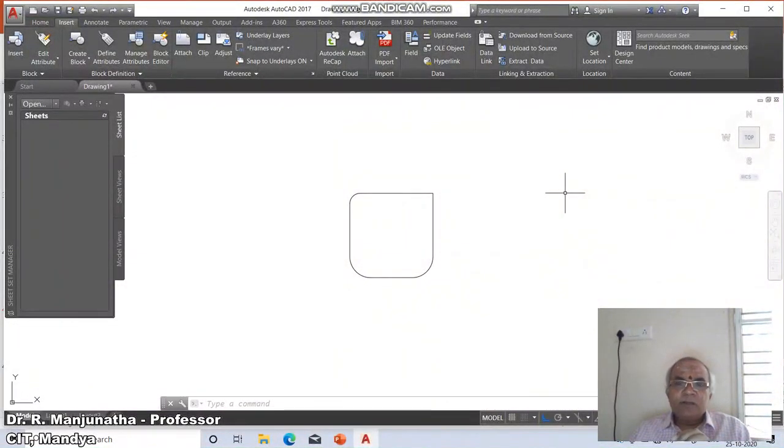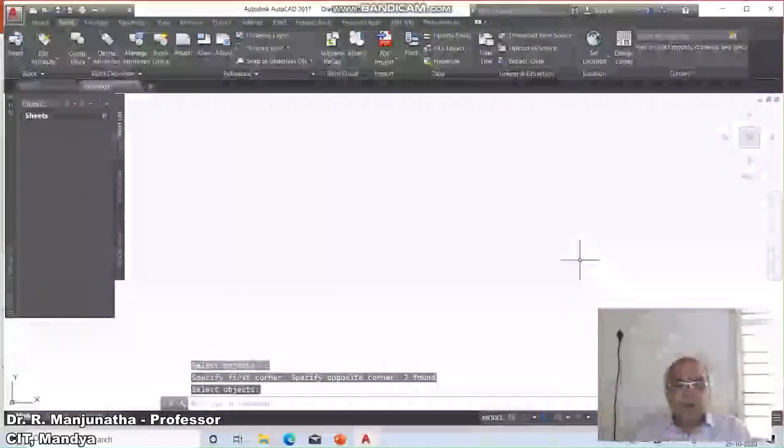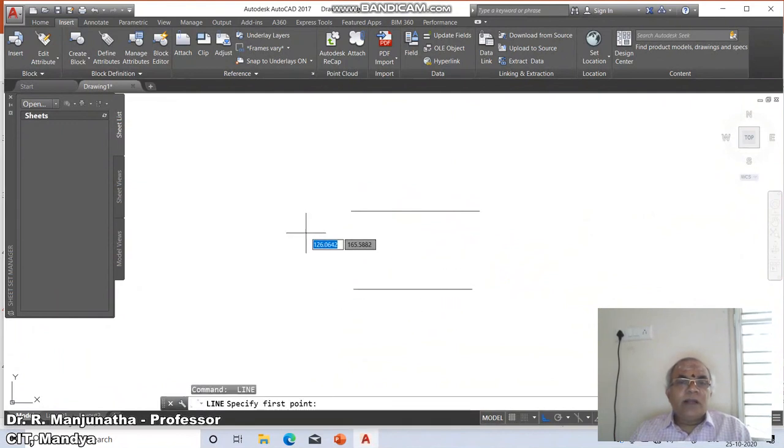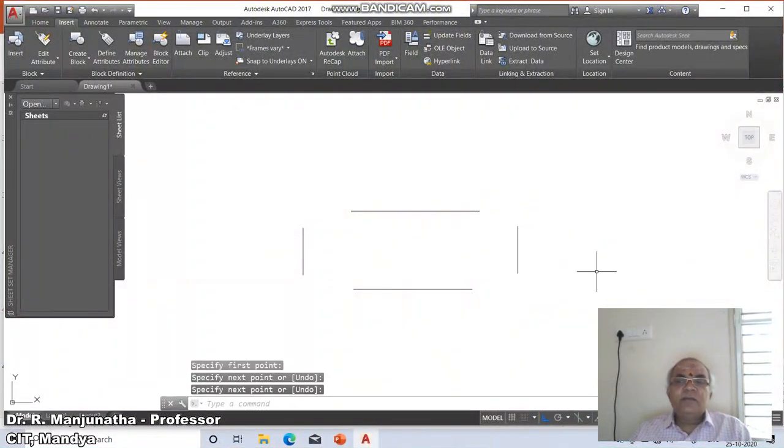Basically fillet commands are used for rounding off the sharp corners in an edge. So it will basically create the radius. Now say for example, we will consider one more typical example wherein I have a line and I have one more line and I have one more line and I have one more line. So here suppose if you have like this, how do you do this type of thing?